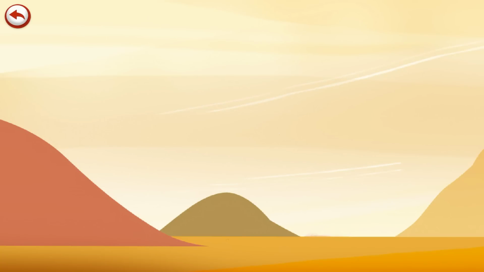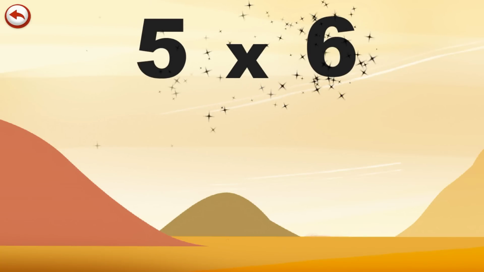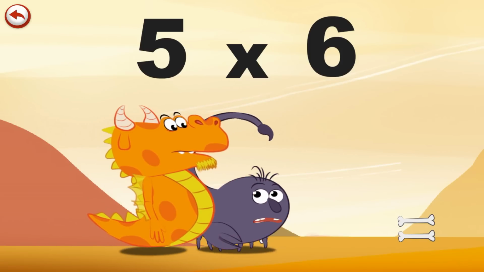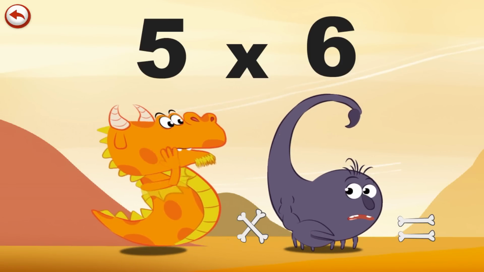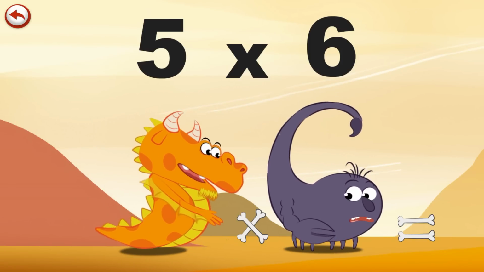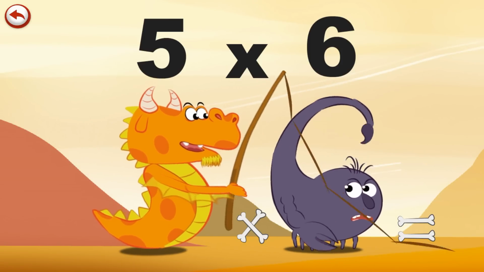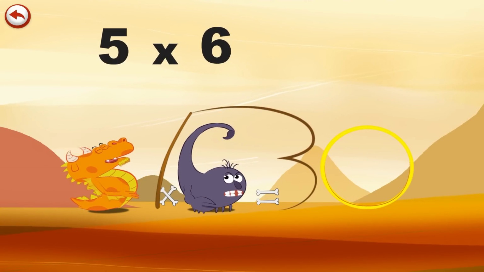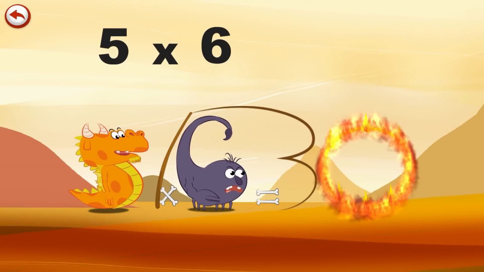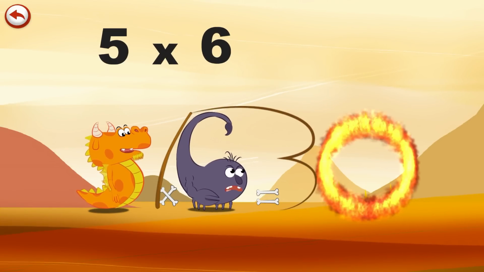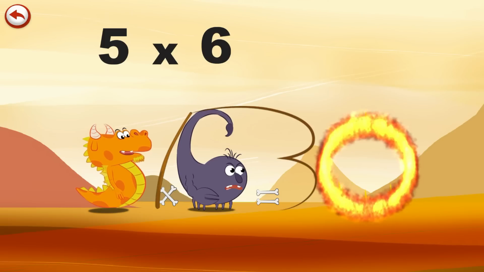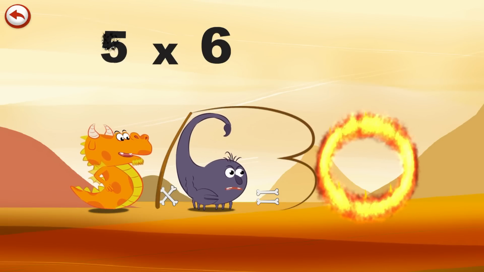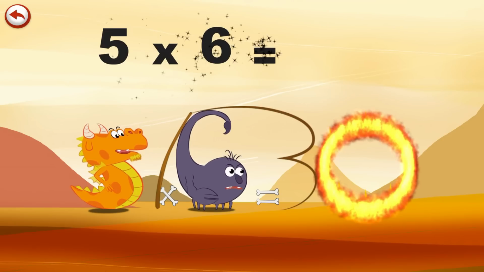What's the story of 5 times 6? When FlamingFive sees ScorpiSix going by, he wants to tame him. He gets out his whip and he cracks it in the shape of a 3 and breathes out a flame to light the magnificent ring of fire in the shape of a 0. Aha! So who's the strongest now? 5 times 6 is 30.